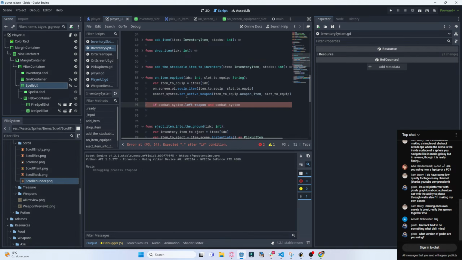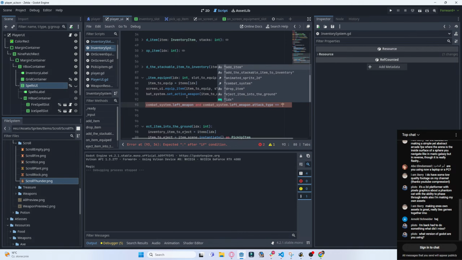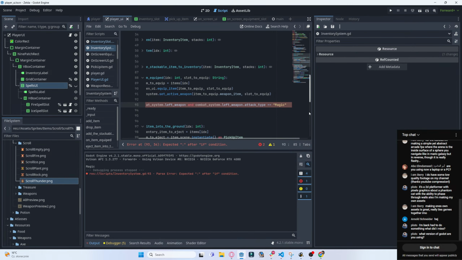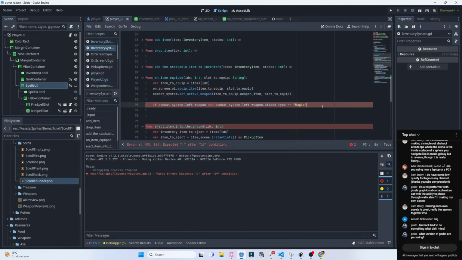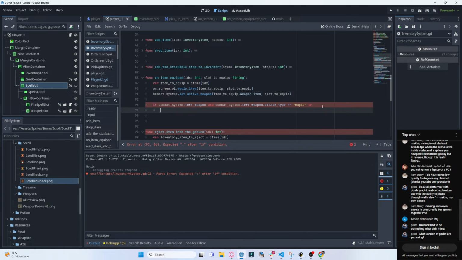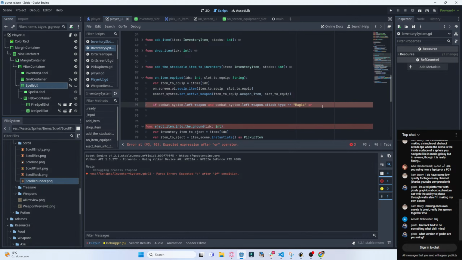And combat system left weapon attack type is equal to magic, or you can just do something like this. Expected expression after or. That's my problem. How do you continue to the next line? Okay. Combat system